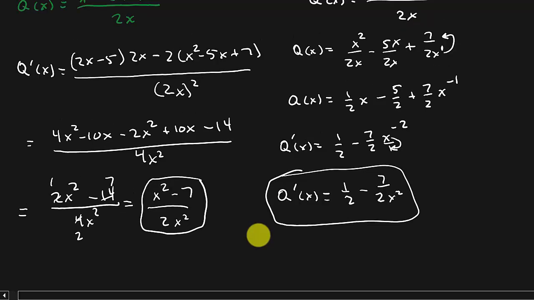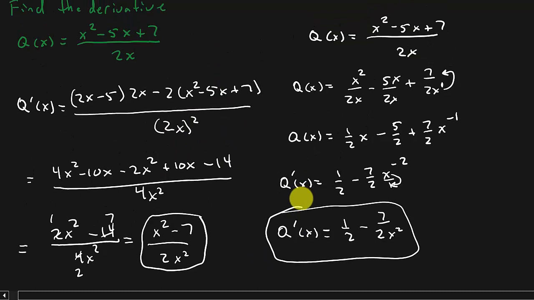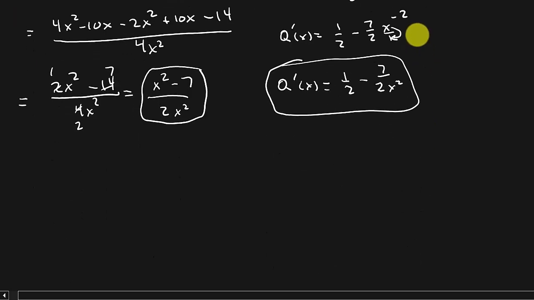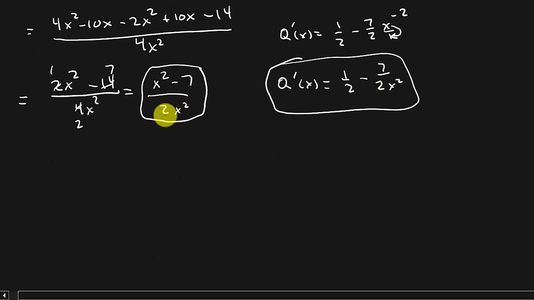Sometimes, you know, something like this can get kind of nasty using the quotient rule. But a lot of times what you want to do is, if you're taking the derivative and you have this polynomial up here and then you just have a single term in the denominator, if you split it up like this, it makes it easier. And you might be thinking, well, this is not the same answer as this, but it is,